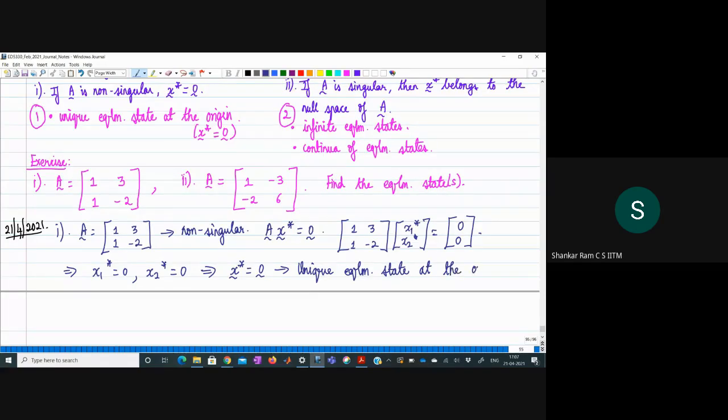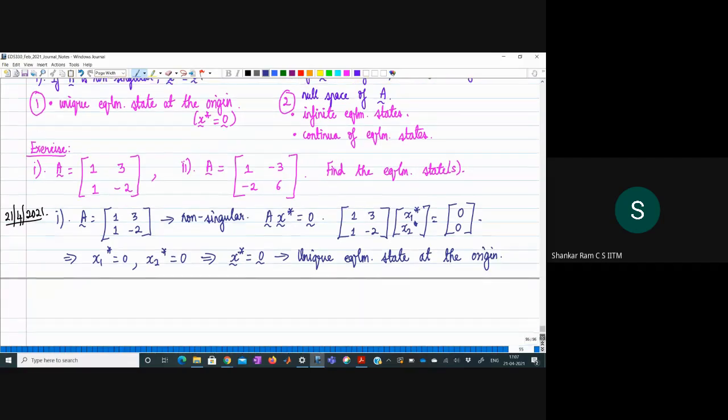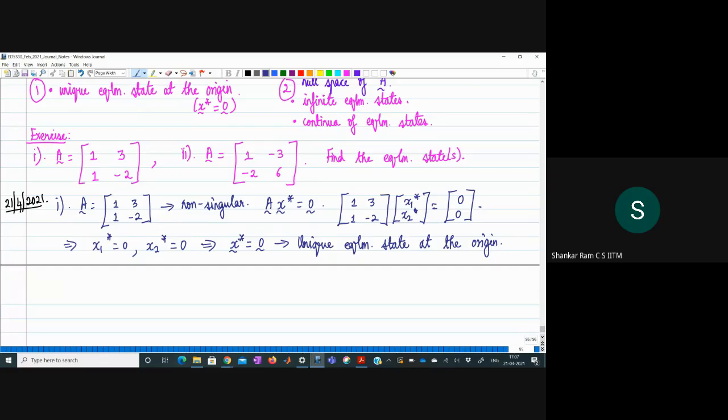Okay, so that's what happens in this particular problem. I hope it is clear how we reach this conclusion, right? Of the equilibrium state being unique and being at the origin when the matrix A is invertible, right? So now going to the next example, in the second case,